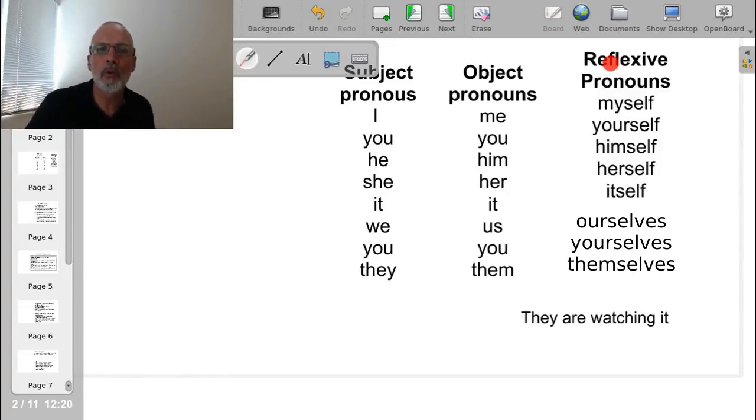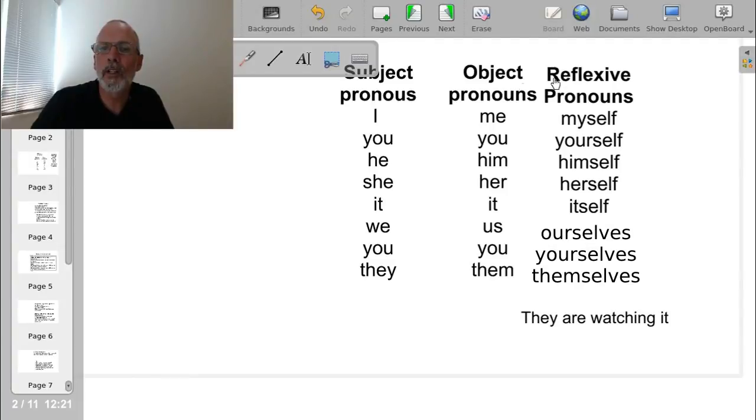Reflexive pronouns are used when the subject and the object are the same thing. So in a minute I'll give you some examples, but let's have a look at the reflexive pronouns. Myself, yourself, himself, herself, itself. So obviously these here correspond to the ones here. This is first person singular, second person singular here, third person singular for a man, third person singular for a woman, third person singular for a thing,